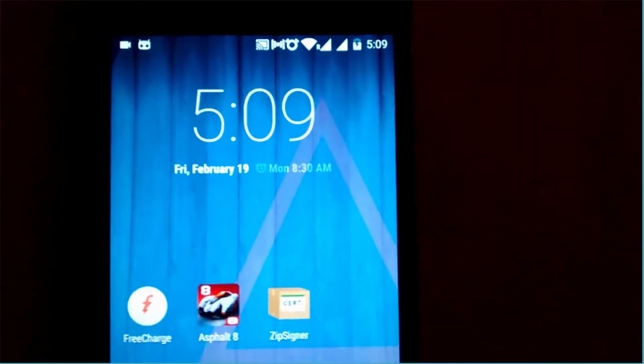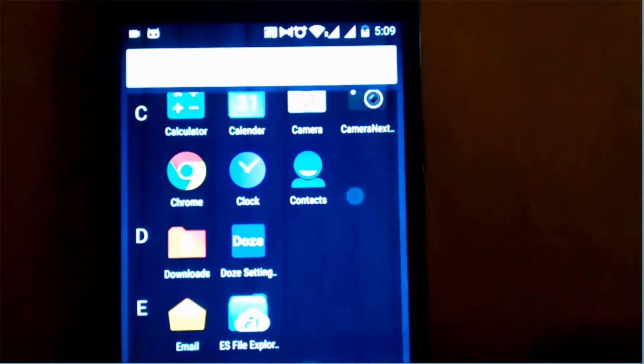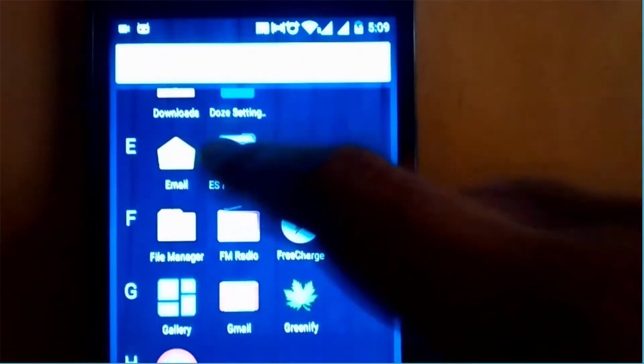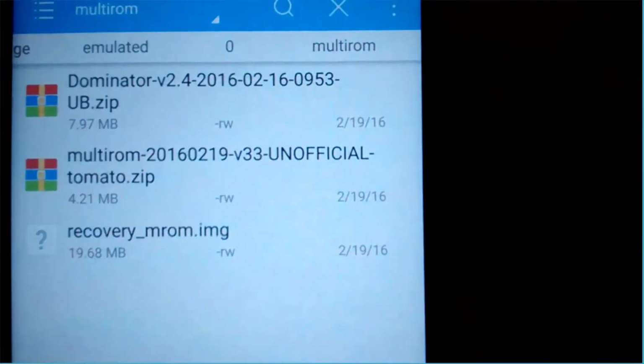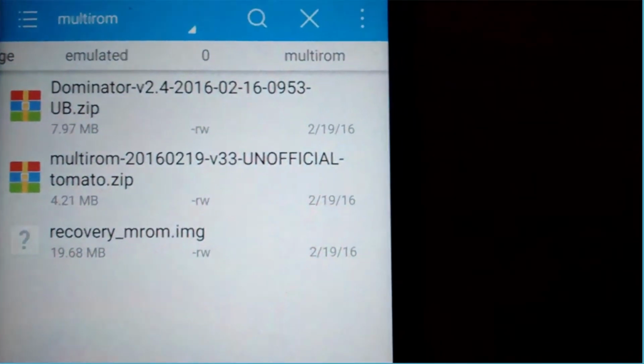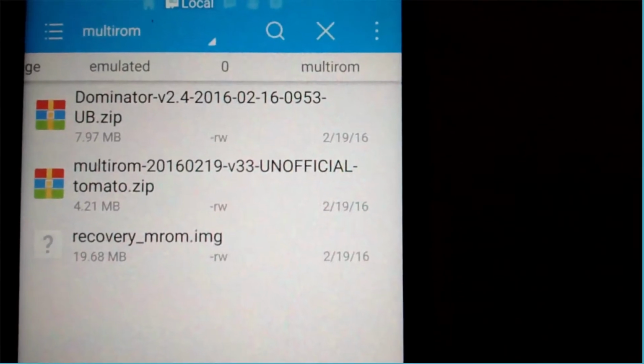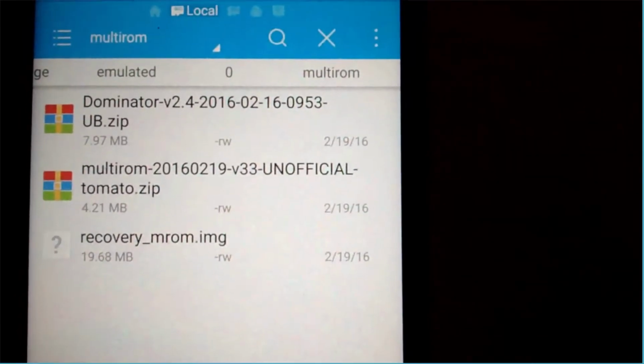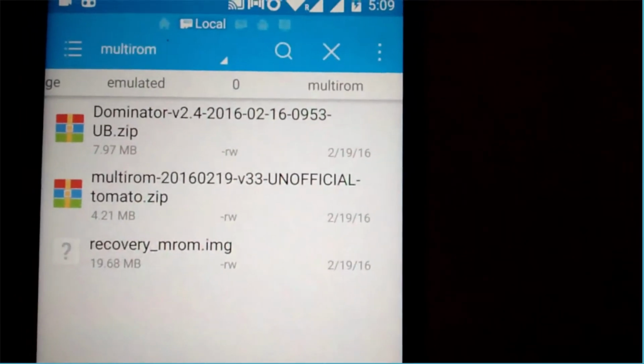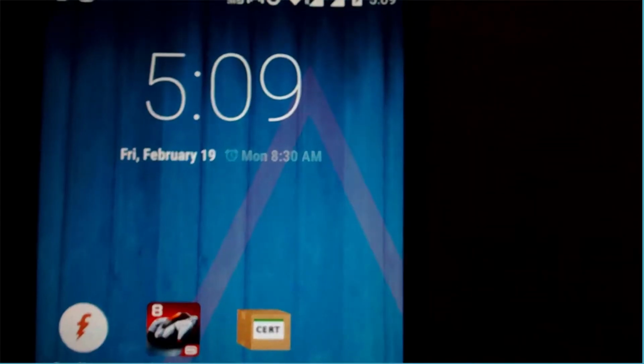Now, first of all, you need to download the files. As you can see here, I have already downloaded the files, and these include three files: recovery image, MultiBoot image, and a patched kernel. First things first, you need to flash this recovery.